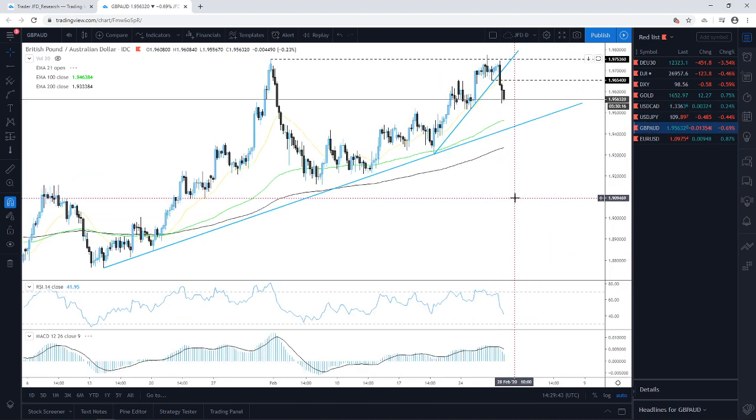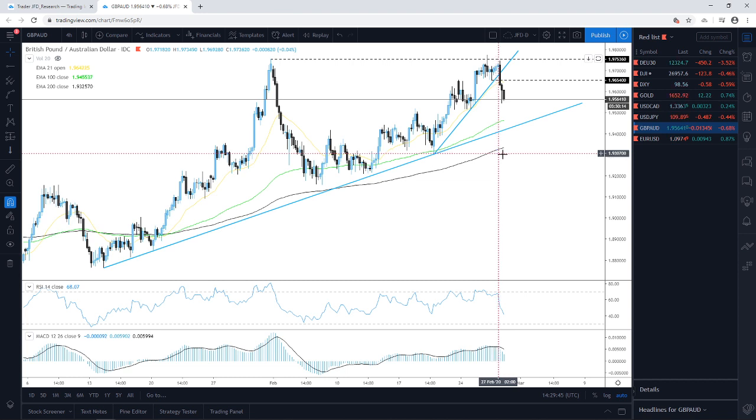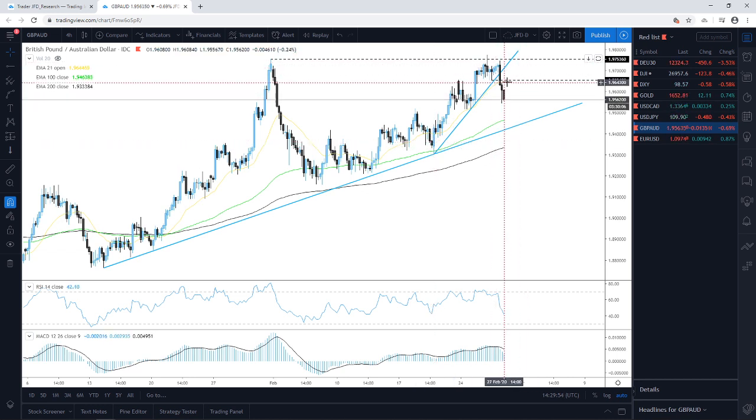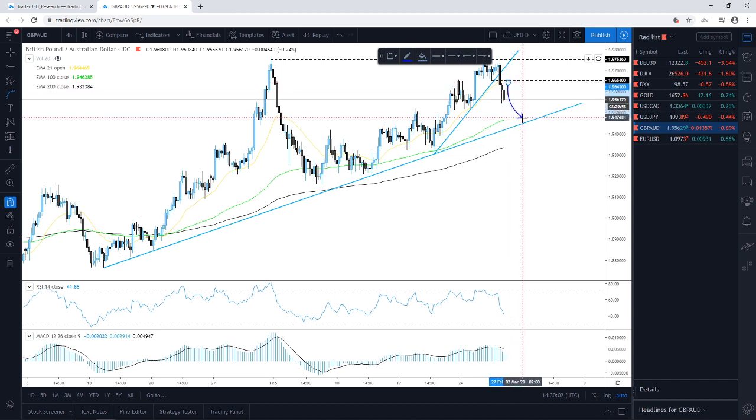GBPAUD, very quick update on this. I've talked about this one today and this morning and yesterday as well. You can see that this steep upside line has got broken, and we've also traveled below this 1.9654 zone that I talked about this morning. So what I was saying is that if we get a drop below this, then yep, it could open the